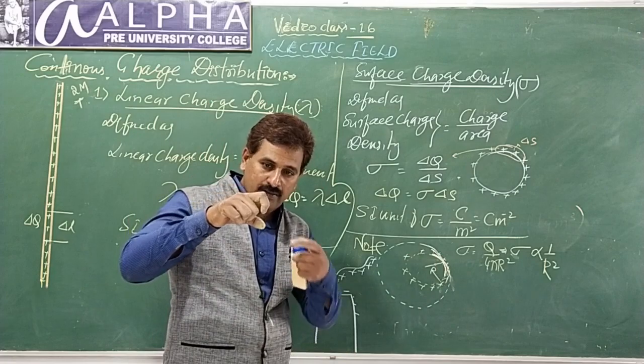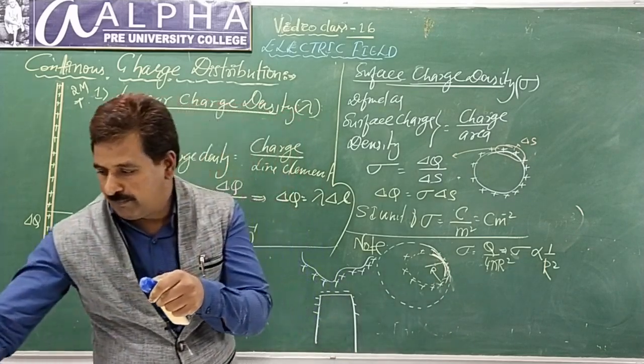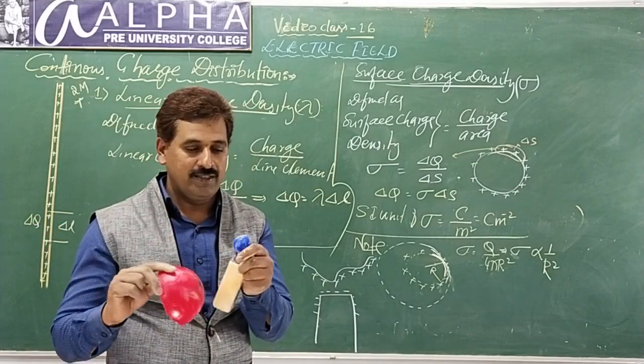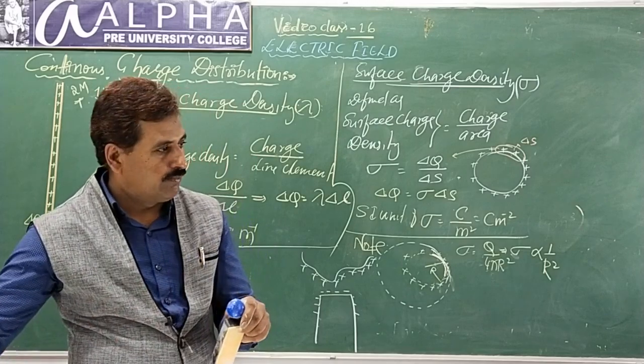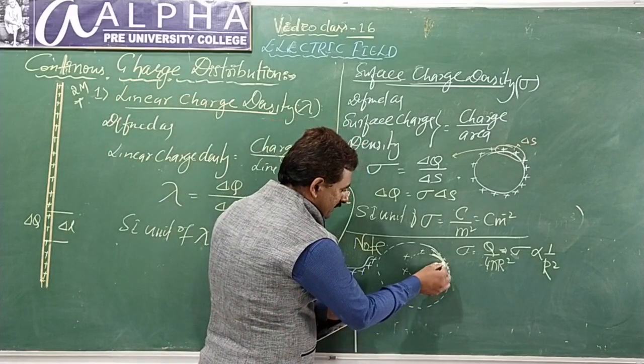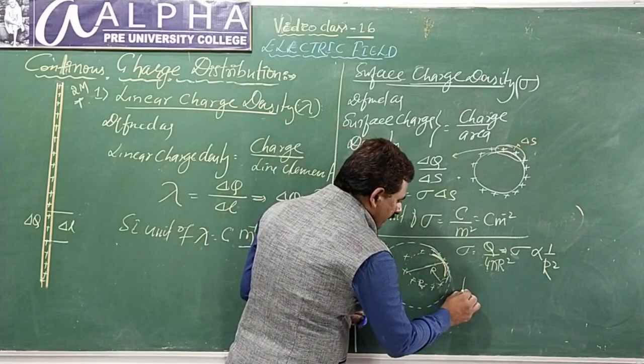More bend, small sphere. Less bend, large sphere. Bending is less here. Large sphere, bending less; small sphere, bending more. That's the idea. So here, as it is a large sphere, the radius is more. What do you understand? Bend